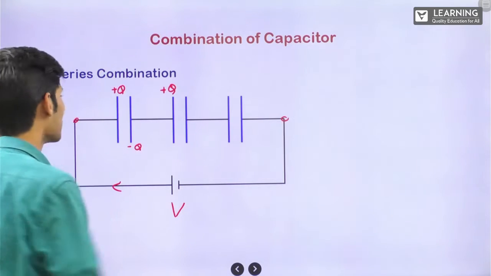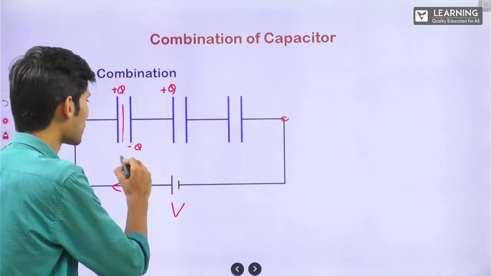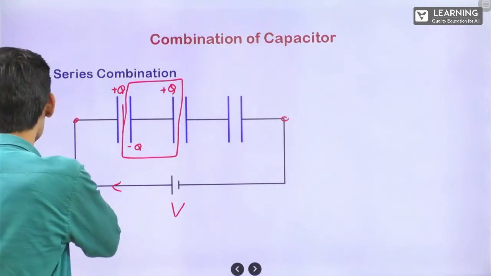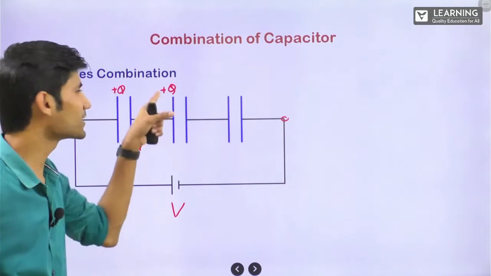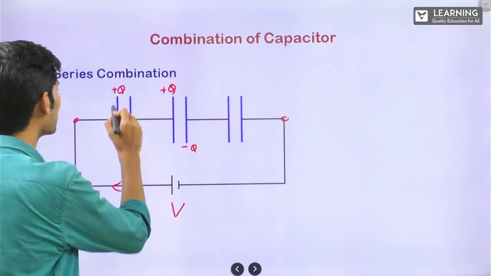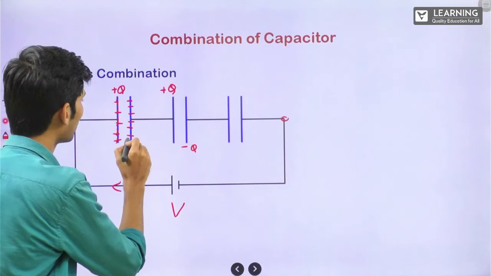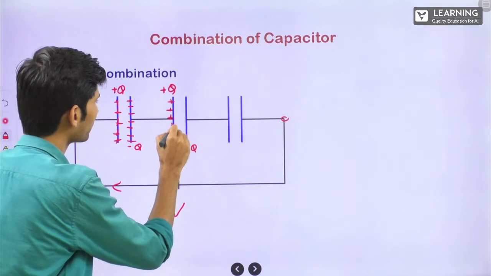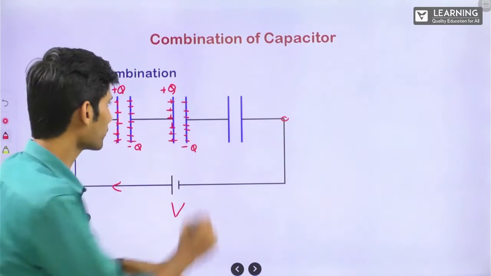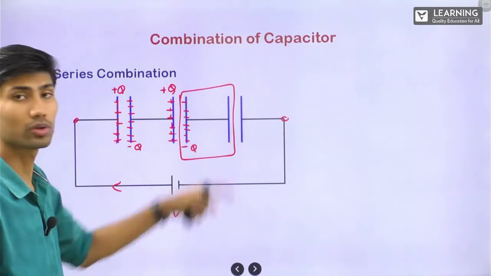So this is an isolated system. Earlier the charge was 0. Now also the charge in this isolated system will be 0. See, minus Q plus Q, it is 0 only. Correct? Then again what will happen? Since this is plus Q, this plate will get minus Q. This is all positive, this is all negative, again this is all positive. Positive means plus Q, this is all negative. Then again, this system, if you see this capacitor, these 2 plates, again this is an isolated system. So if this is minus Q, this has to be plus Q.